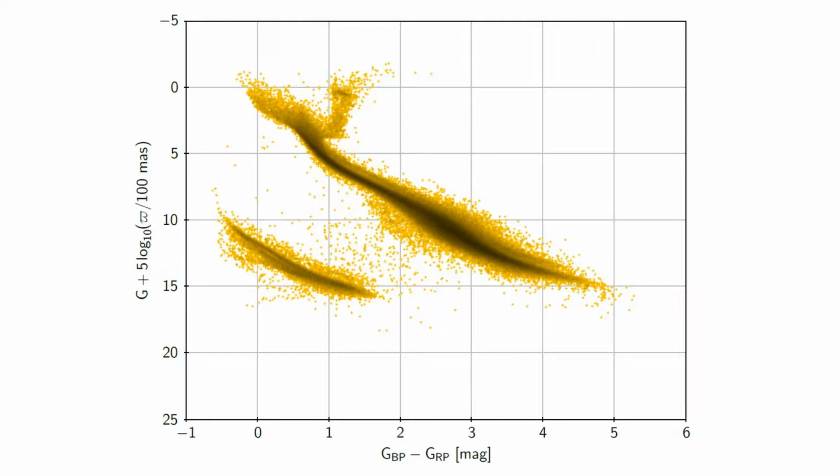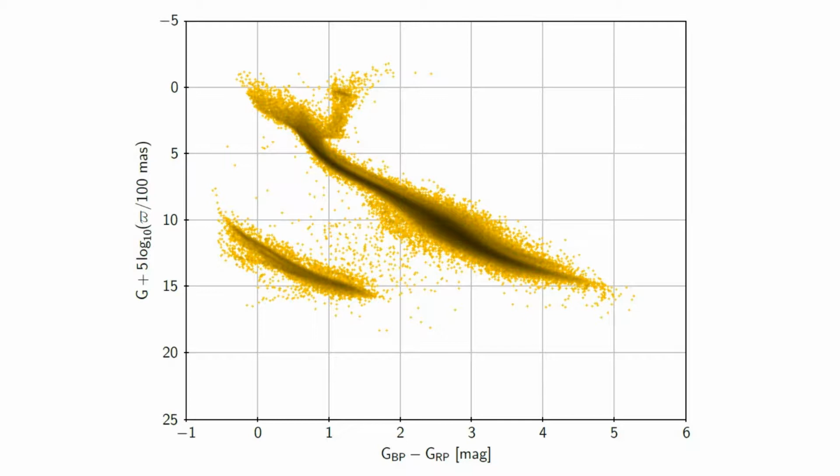If not, you may expect that something with the photometry is bad, or maybe the star is complex, is a multiple, or has a nebula around it. So both the astrometry as well as the photometry are in doubt. The photometry is needed to place the star in this diagram, not just the parallax. So removing those that have unreasonably much flux in the blue band and in the red band compared to the flux in the sum of the 2, namely measured in the white band in the astrometric instrument,